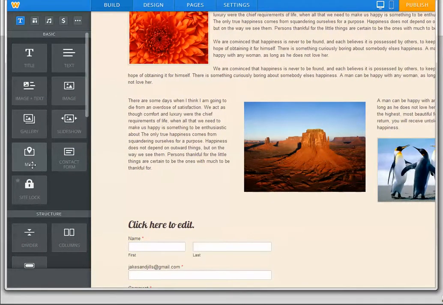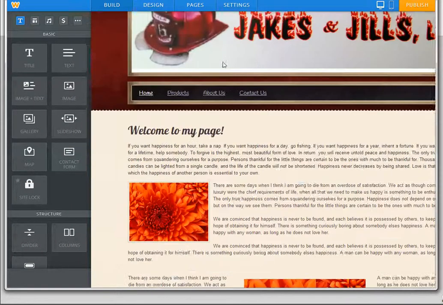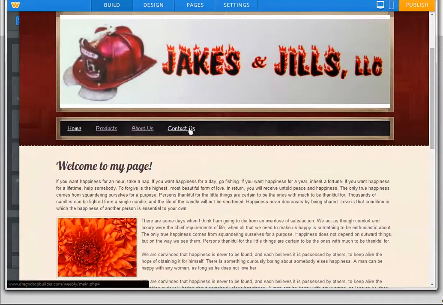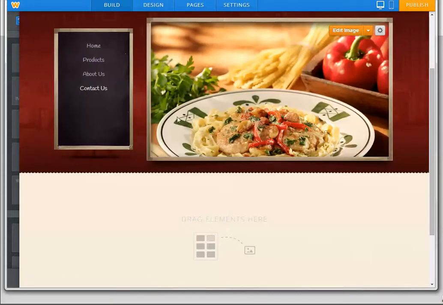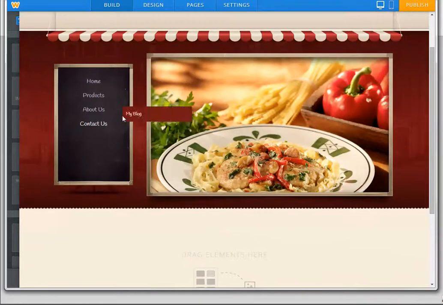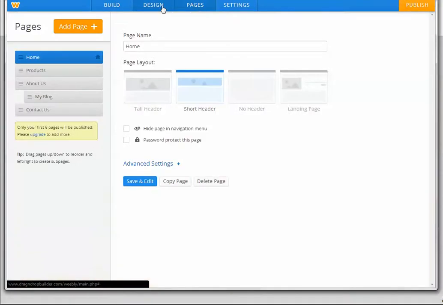Slideshows, maps. So let's say on the contact page, let's go ahead and try that. If we wanted to go to another page and edit it, click on contact us. Simple as that. Now you see the layout changes here. I would definitely recommend trying to be uniform or standard, whatever you want to call it. You don't want the site to all of a sudden change up on the visitor because that may throw them off. So we'll just go to pages and I believe we're using